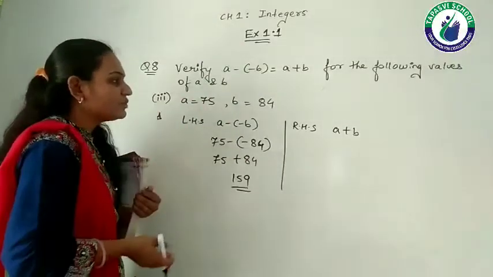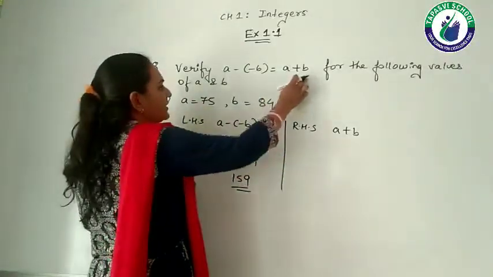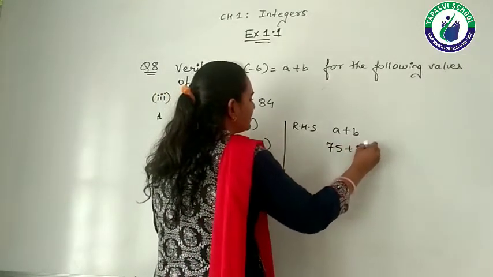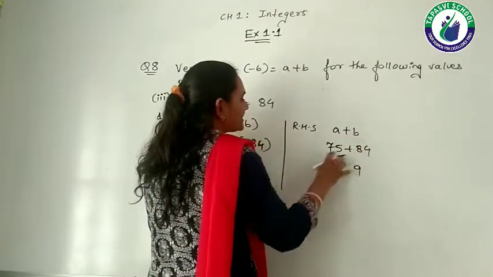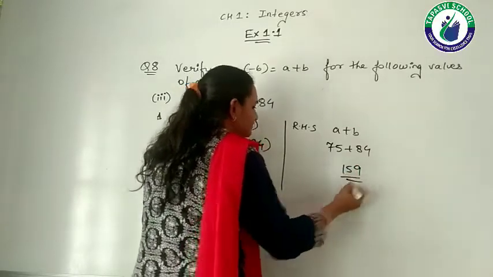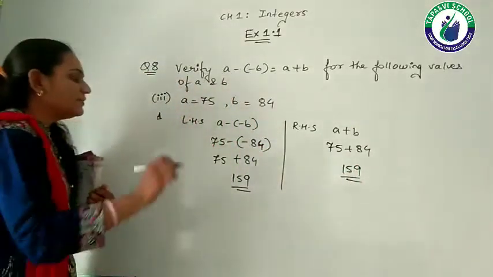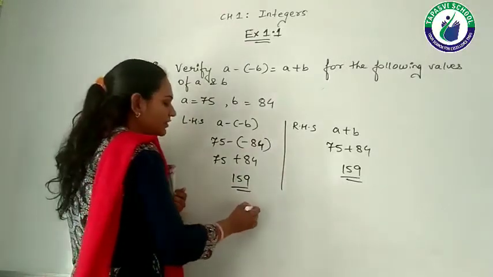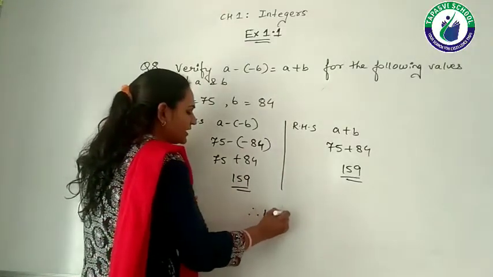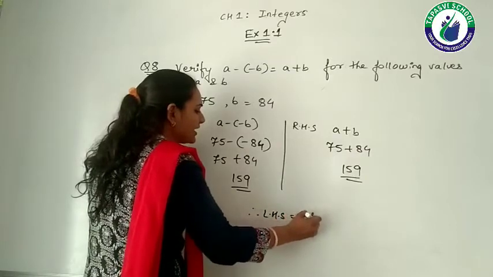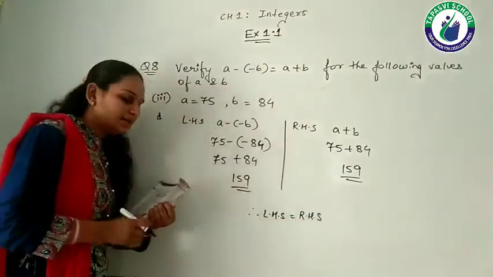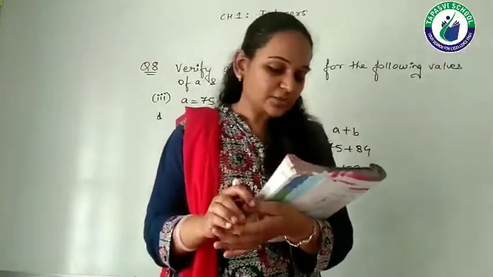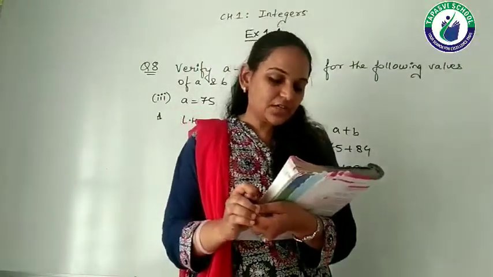Now I am going to move on to my right hand side. A plus B, the value of A is 75, the value of B is 84. So 5 plus 4 is 9 and 7 plus 8 is 15. Right? Now I am getting the same answers on both the sides. So below write down therefore LHS is equal to RHS. Now taking the last question of question number 8, that is A is equal to 28 and